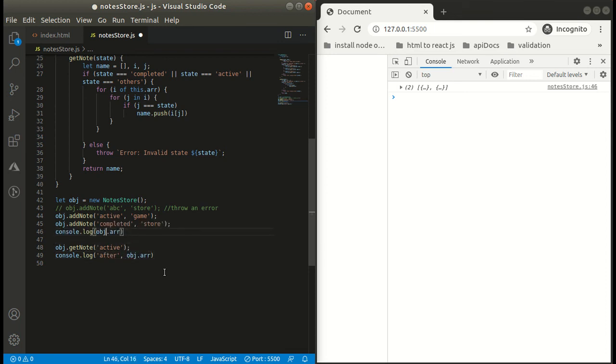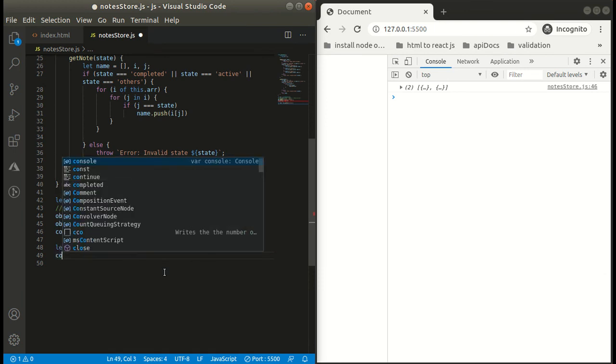Actually guys, I was doing this wrong. I thought I have to console that array, but it will be returning me some array, so I have to store that array in a variable, and I will be console logging that name array now, and you will get to see it. So we had game.